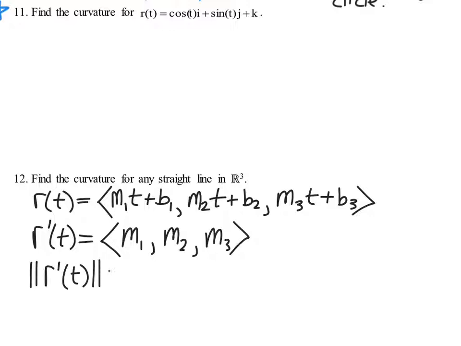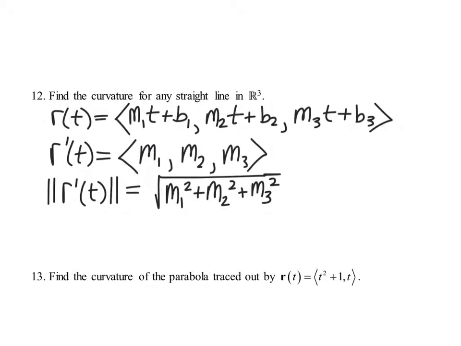To carry out the process, you're not going to be able to figure out anything numerically from this, but you can make the determination that the magnitude would have to be the square root of m sub 1 squared plus m sub 2 squared plus m sub 3 squared. The unit tangent vector, wow, that's not going to be pretty. But what results from it will be,